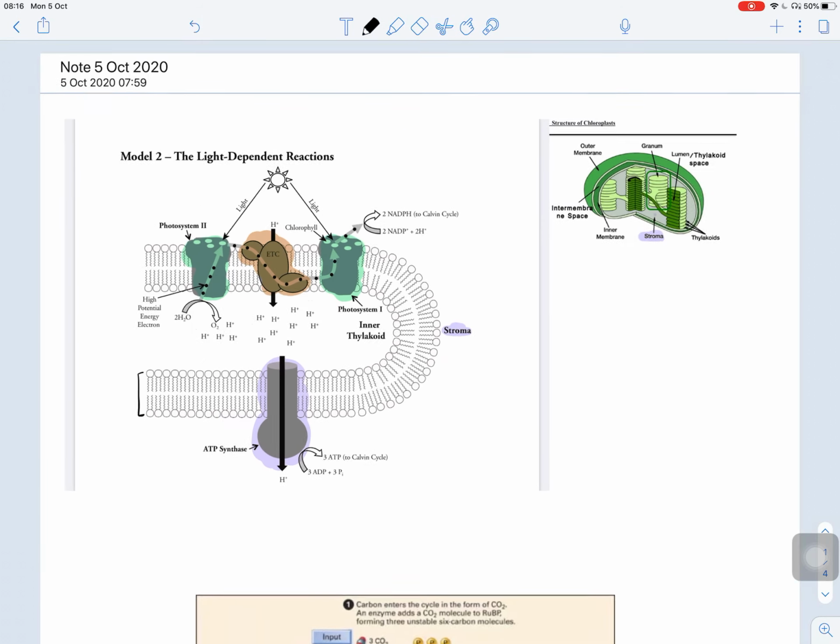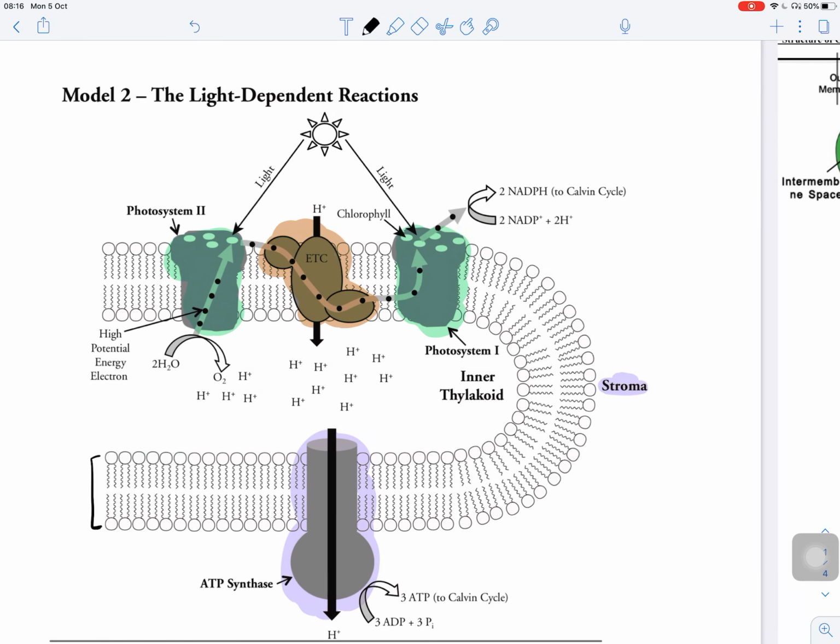Basically what happens here is light energy hits photosystem 2, and more specifically, it hits the chlorophyll embedded in photosystem 1. That excites an electron, which are these little dots right here. That excited electron gains energy, and it moves out of that photosystem down the electron transport chain